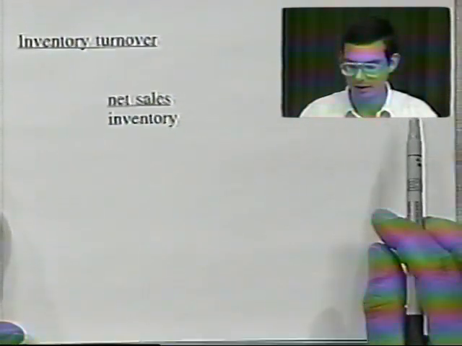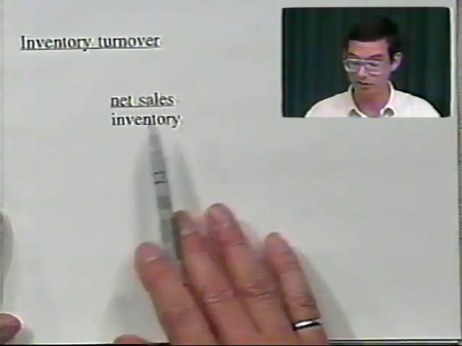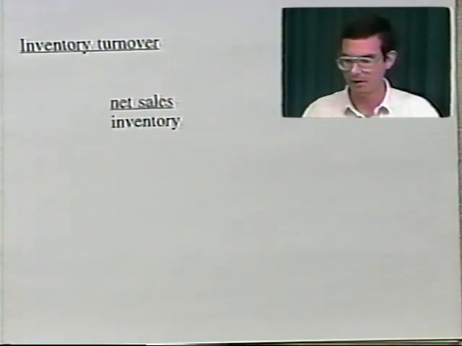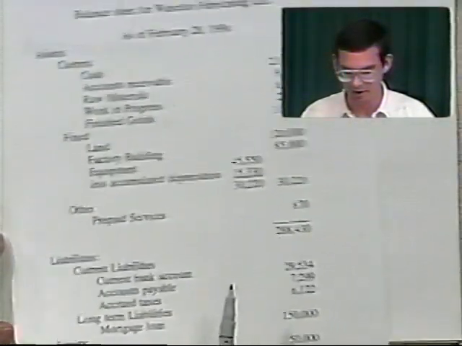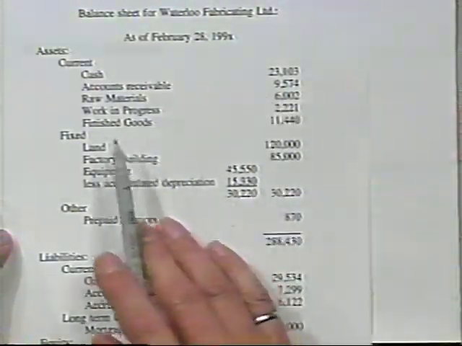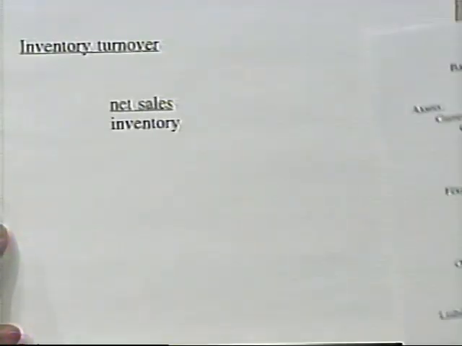Now, the ratio is net sales over inventory. Now, the inventory in this case is not all the inventory, but just the finished goods. So the inventory is the $11,000. The net sales